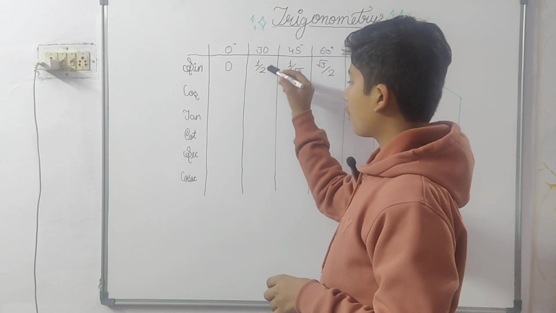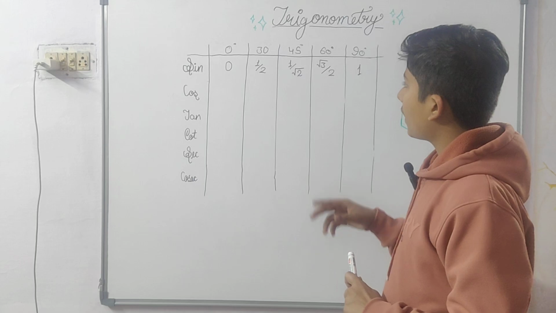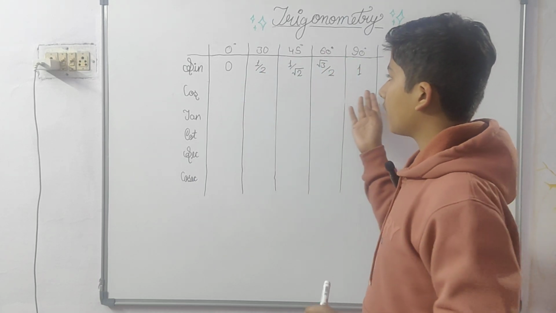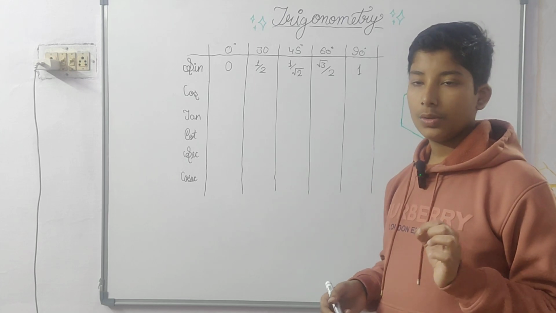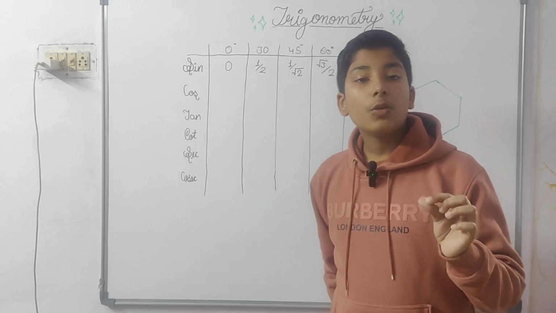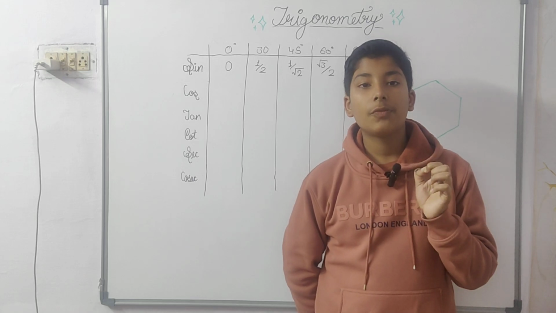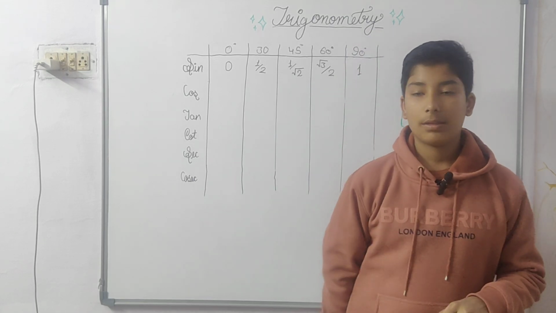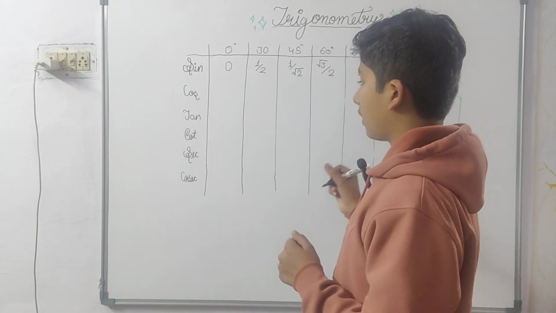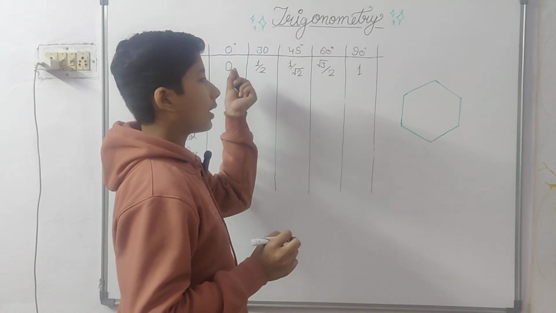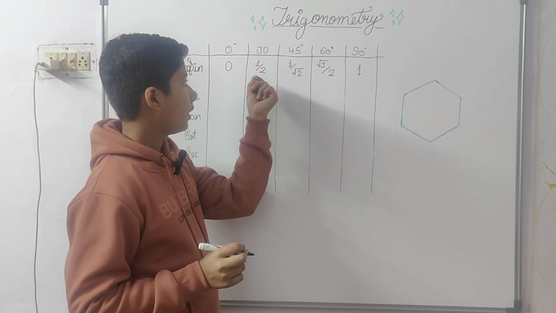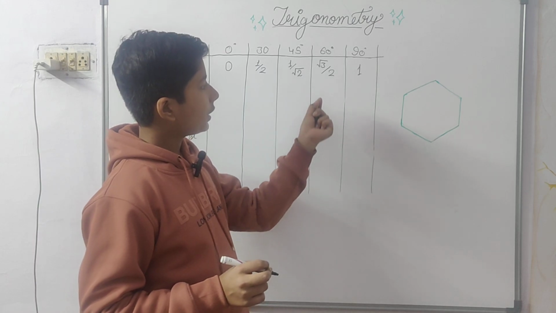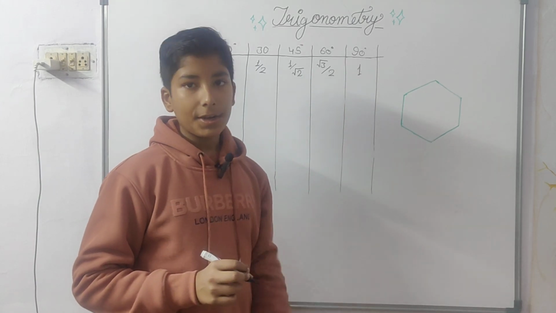Okay. Now, what I was telling, how to find this. Firstly, you would have to remember sine theta, the sine ratio. You should not forget sine because it's the most important in all of these. So we'll start. See, 0 degree sine is 0, 30 degree 1 by 2, 45 degree 1 by root 2, 60 degree root 3 by 2 and 90 degree 1.